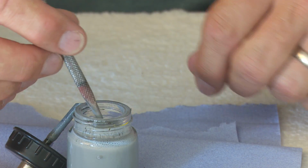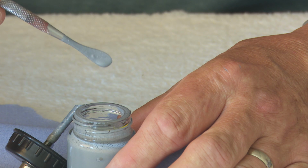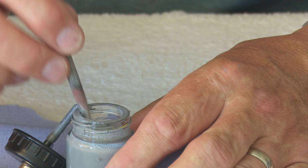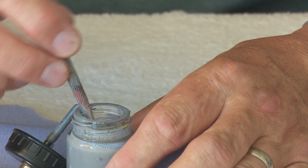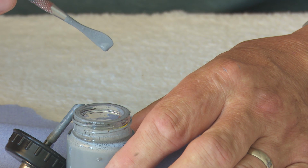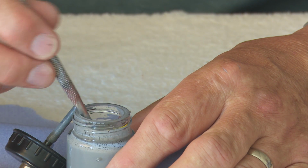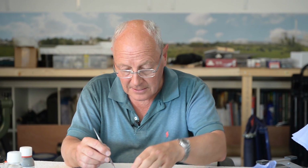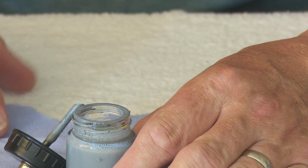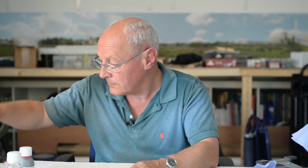There's a fly buzzing around my head, and hopefully you can see that that is the consistency you're after for airbrush paint. So that's what you want to thin it down to in nice shaped droplets. And if you use a tool like this steel spatula, you can see the consistency you're after. Now, if I put this away and hopefully not make a mess,